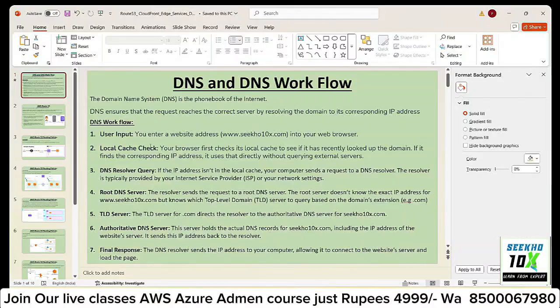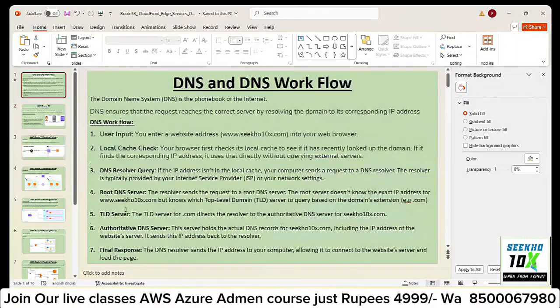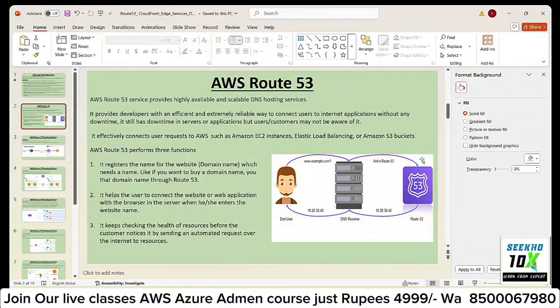So everything used to be done in the previous scenario, and right now also we are using the same concept. But the only difference in AWS is that here we have only a resolver server. The rest of the parts, like the DNS root server, TLD server, and authoritative DNS, will be taken care of by my service called Route 53. Why are we calling it Route 53? Because the default port number for DNS is 53. So that's the reason AWS has named this service AWS Route 53.